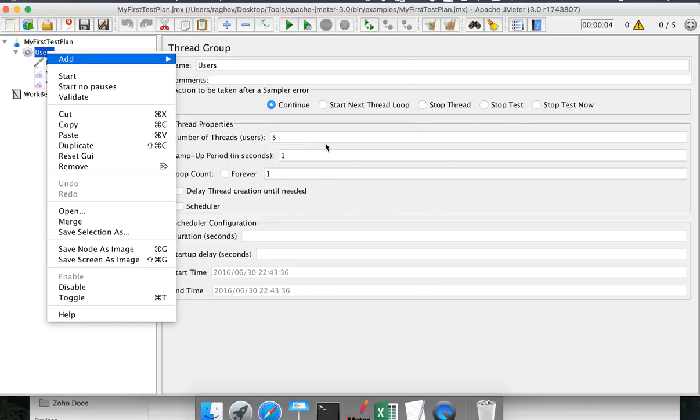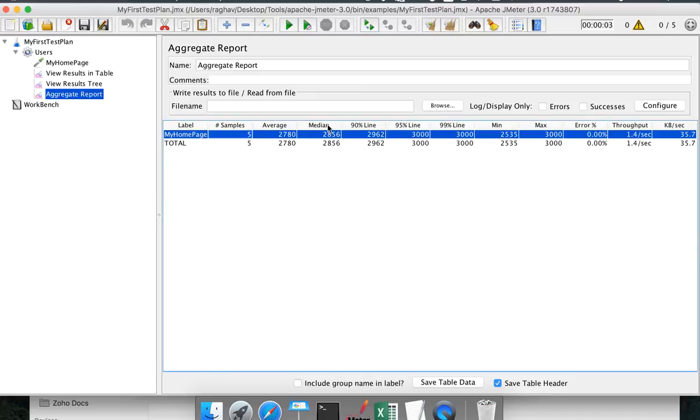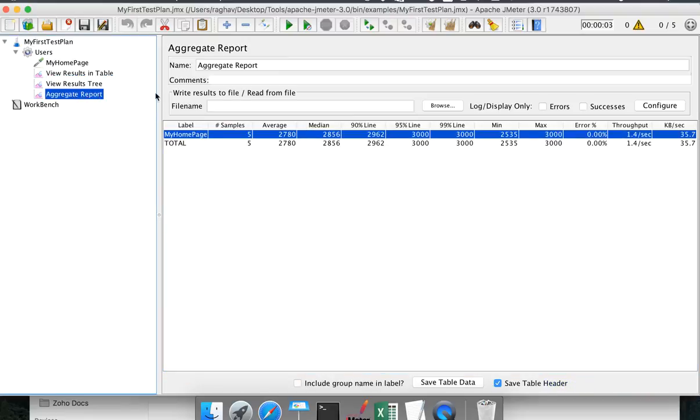So let us look at aggregate report. Let me run my test again and see what the data looks like here. Okay, so you can see we have got a single line of response generated here. In view results in table we had one line per request, but in aggregate report we have a single line. The advantage here is it accumulates all the metrics and gives us a single line report where we have the number of samples. Of course, because we had only one sampler, we are getting just one line. So per sampler we will get a single